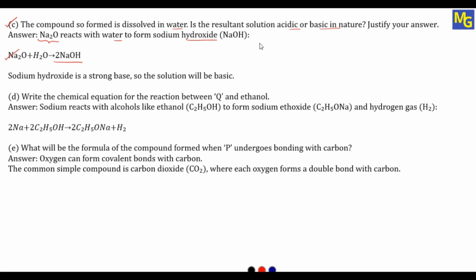And metal oxides, always remember, when added to water they always give a basic solution. Basic solution, or you can say alkaline solution. Alkaline is nothing but basic. And